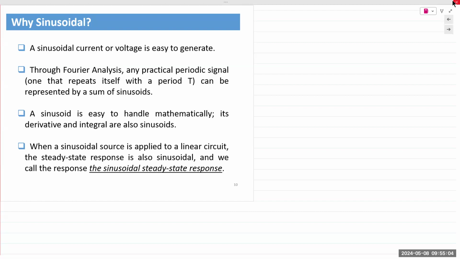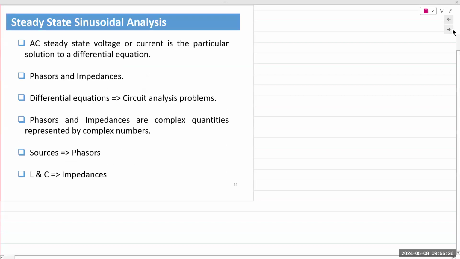Everything that we have seen so far, all the analysis that we have performed, is time-based, so it's derivatives and integrals of the voltages and currents. If you take a mathematical derivative and integral of sinusoids, they are also sinusoidal in nature, which makes it easier for us. Even better than that is